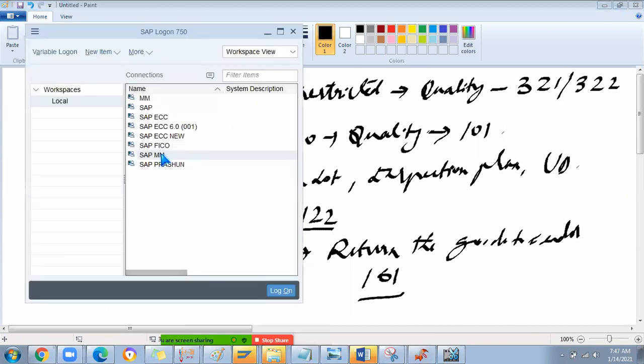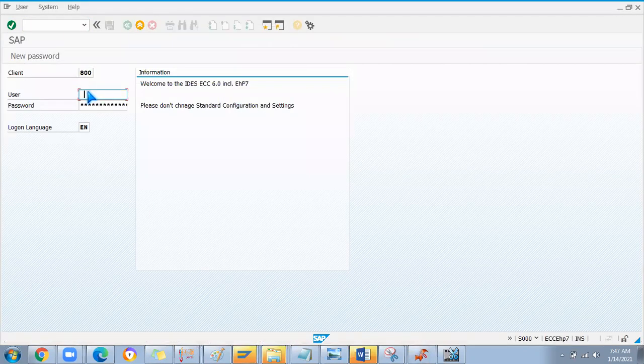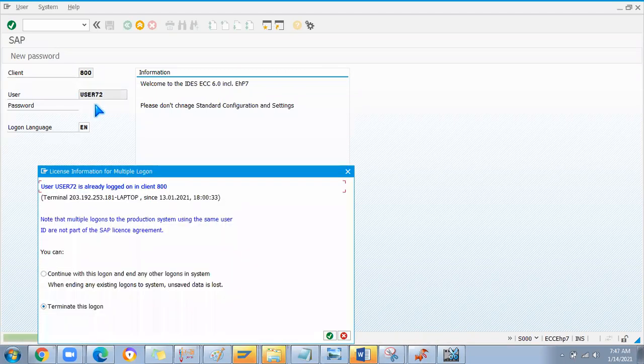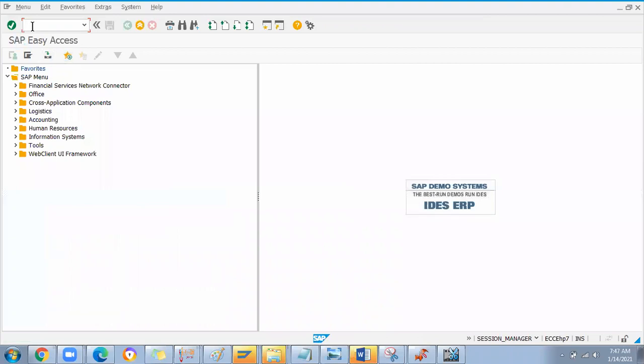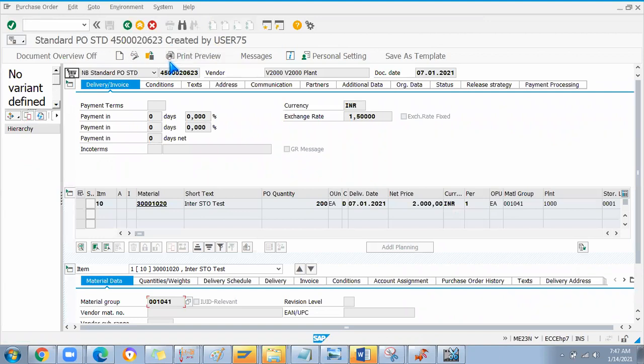Stop me in case you are not understanding, because the business process plus application is very important. Okay, ME23N. For this part I will take some other standard view, ME2N.